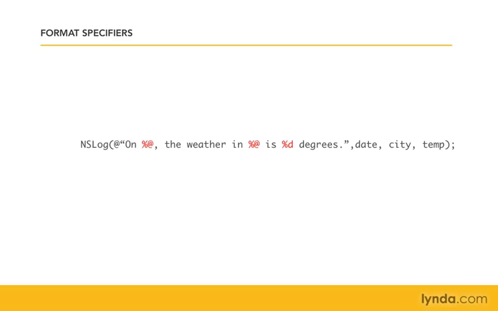You have to be very careful about the order in which these happen, because the order in which you write them has to be exactly the same as the order in which you place your variables after the string finishes. So if we have the date being the object and then the city name being the object and the temperature being the integer, I need to then follow that string with date, city, temp. If I was rearranging them in any way, I'd need to rearrange the variables after the closing